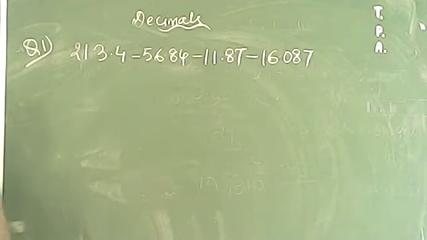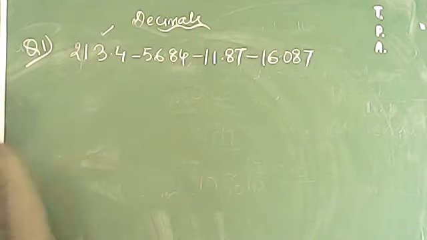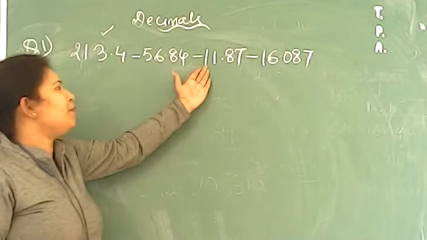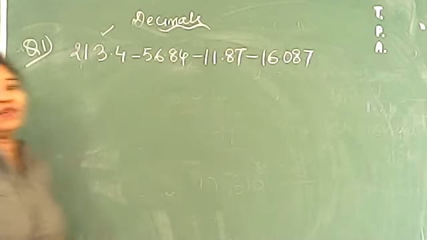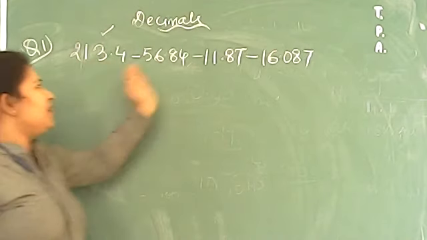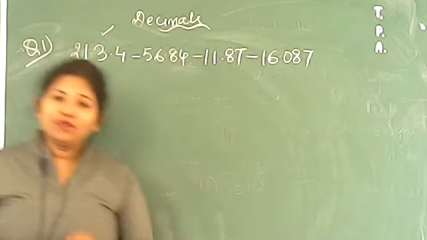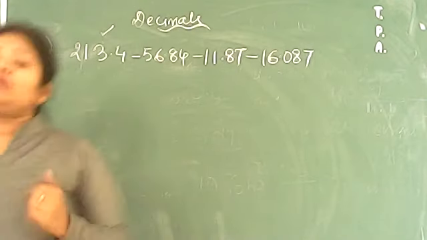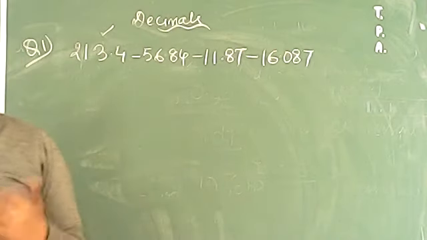Now we are reaching the homework part. In the homework part, question number 1 is given in this format, which is written on the board. So if you see this question, you have a bigger number that is 213.4, and from it you have to subtract the rest of the numbers: 213.4 minus 56.84 minus 11.87 minus 16.07. It means from this number you have to subtract these numbers one by one. So if you do this question, you need to subtract 3 times. Okay. So it means it will be a little difficult for us to do subtraction many times.